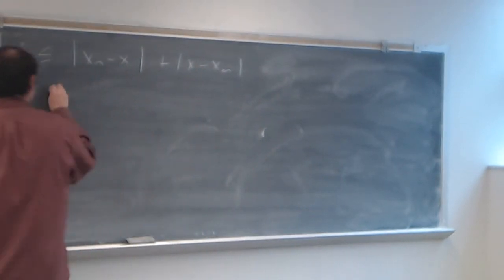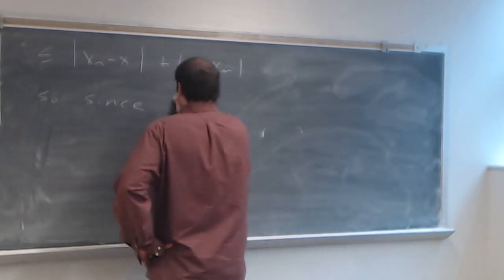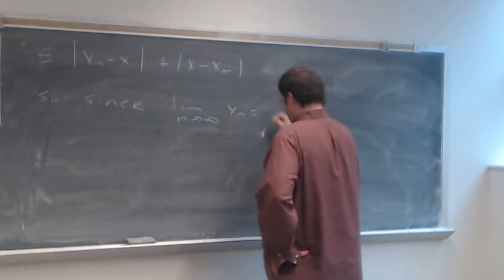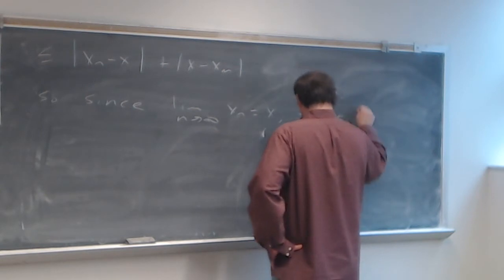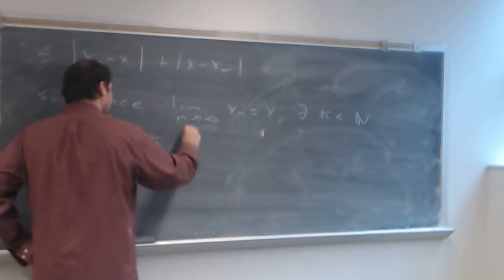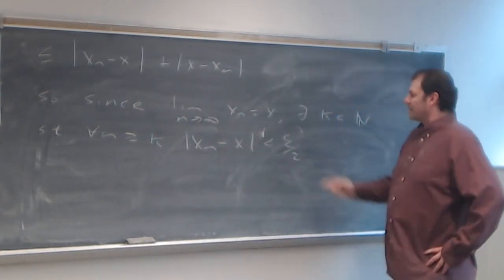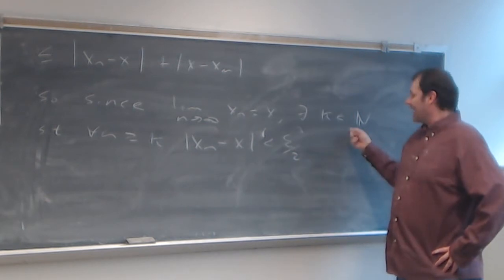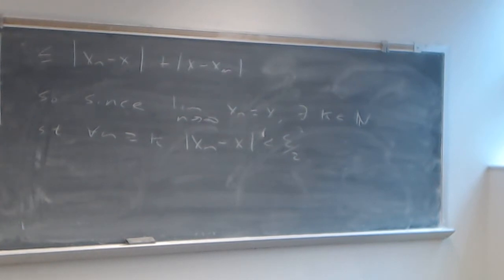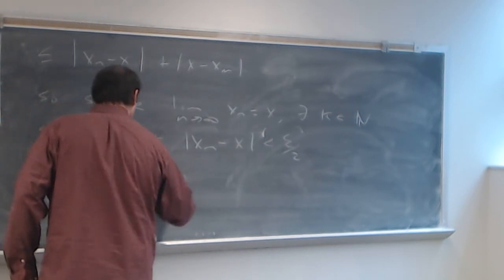Okay, so here's what I'll say. Since I can make that happen, here's how I write it. Since the limit as n goes to infinity of x of n equals x, there exists a k, an element of the natural numbers, such that for all n greater than or equal to k, the absolute value of x of n minus x will be less than epsilon over 2. Well, it works for n bigger than k, and it'll work for all m bigger than k. So for all n and m bigger than or equal to k, we have